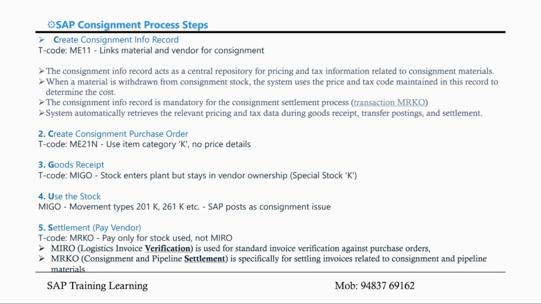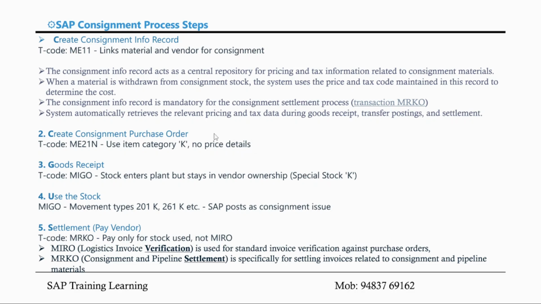When you create a consignment purchase order, you keep the item category as K. The moment the system sees item category K, it understands that it is a consignment purchase order, and there will be no prices in the order. Why? That is one of the differences between a standard purchase order and a consignment purchase order. In a standard purchase order, you don't keep item category K, and you will see the price details,